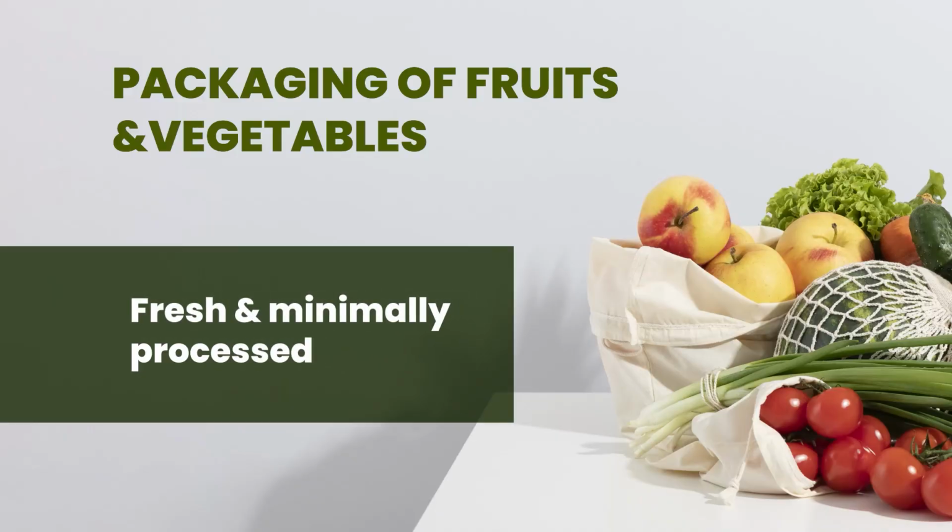For fruits and vegetables, we need to protect them from physical damage, microbial spoilage, transpiration, oxygen, ethylene production, browning, and sometimes the fruits and vegetable products also need carbon dioxide. You know, when the fresh fruits or vegetables are packaged, even after packaging during storage, they also respire. They need oxygen in little amount and they also produce carbon dioxide. So for packaging of fresh and minimally processed products, we need such a package which provides a little bit of oxygen. So we can use plastic film and tray with overwraps or laminates.